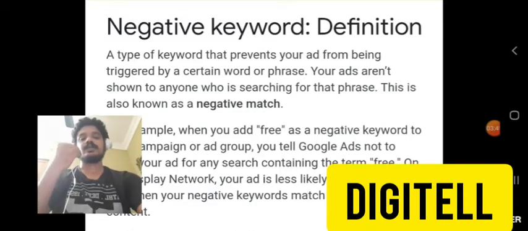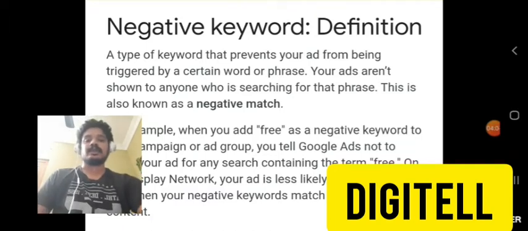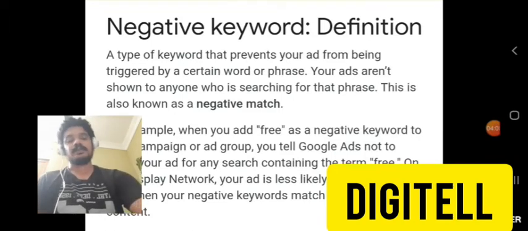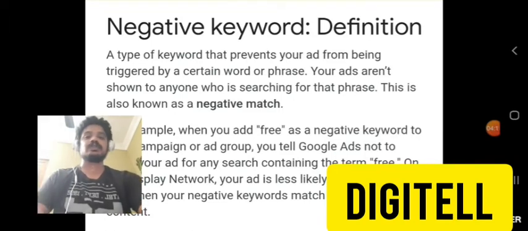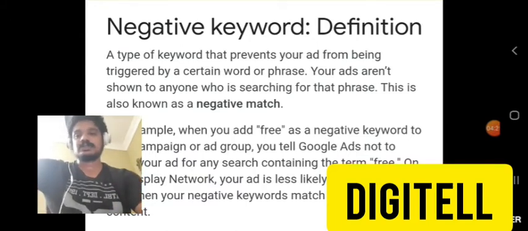So if our ad is showing for irrelevant searches, then we have to pay whether it is relevant or irrelevant. We have to pay according to the cost per click or according to the bid strategy. We have to pay to Google, so our budget will be wasted. So we have to use negative keywords first of all to avoid wasted budget. So next thing is how negative keywords work.